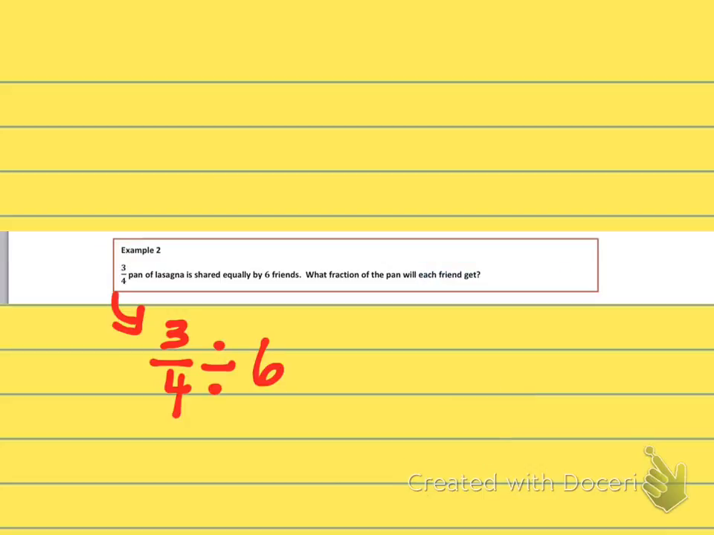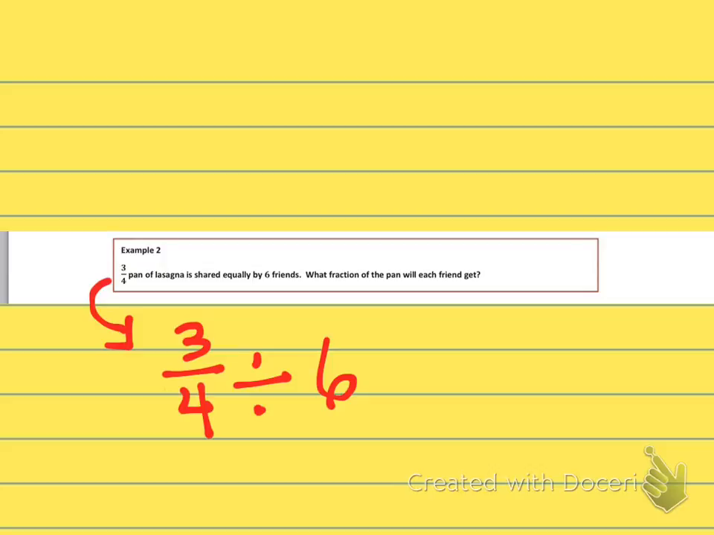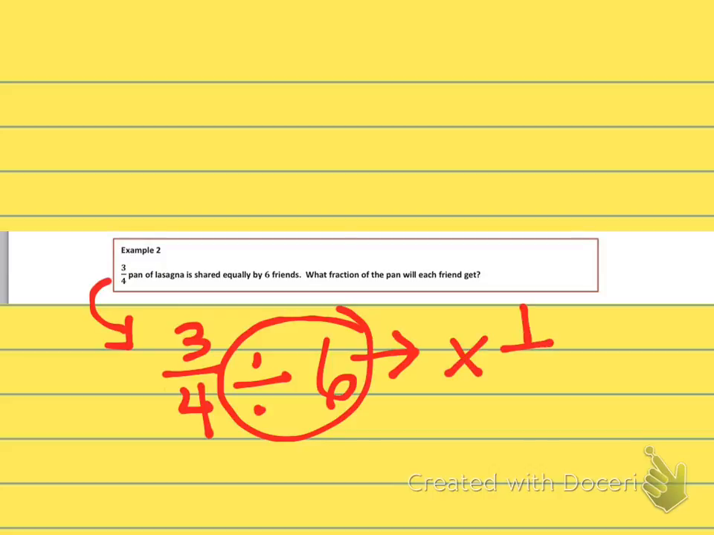Example 2. In example 2 now, let's say that we have 3/4 of a pan of lasagna and it's being shared equally by 6 friends. What fraction of the pan will each friend get? So the division sentence will look like this: 3/4 is being divided by 6 friends, and we want to know how much each friend is going to get. Remember, this division by 6 is going to become times 1/6. So if I do 3/4 times 1/6, and just multiply across,